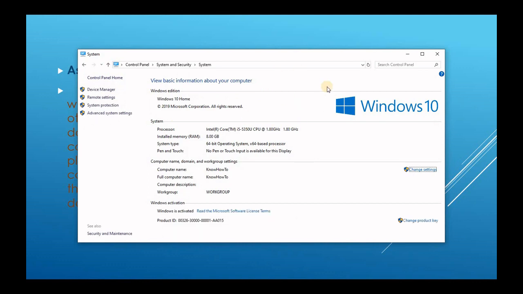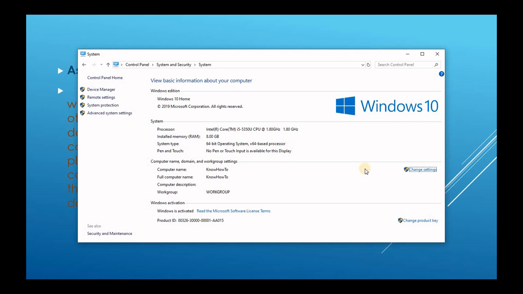So here you can see all the information related to my Windows operating system, as I am running Windows 10, and it is a Windows 10 Home Edition. So I will not be able to connect to the domain account. If I had an Enterprise Edition, then I would be able to connect to the Windows account. Here you can see my computer name, and you can see this workgroup. Basically, this workgroup indicates that I have not been connected to any domain account. If I had been connected to a domain, then here you would get a domain name.